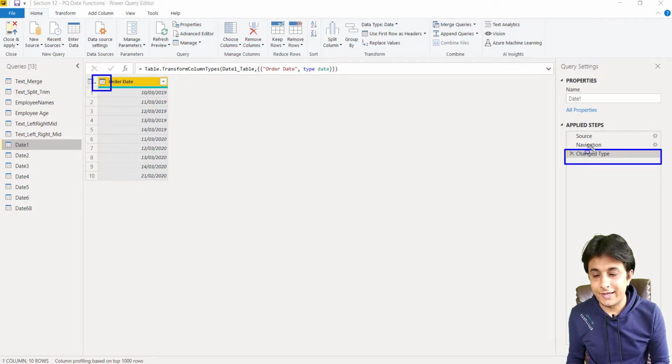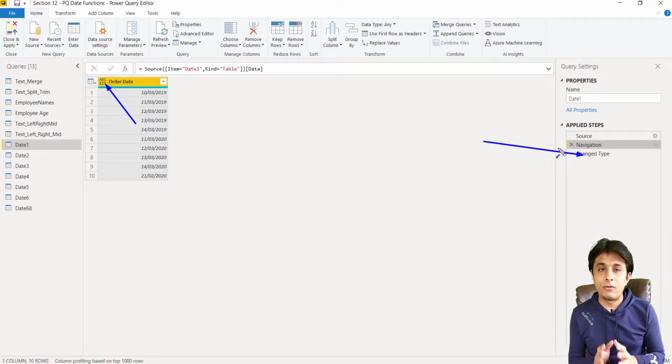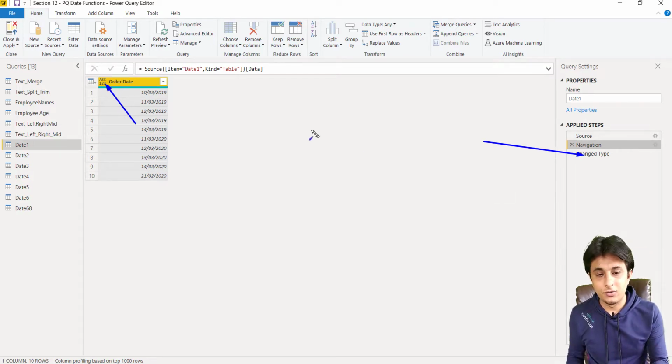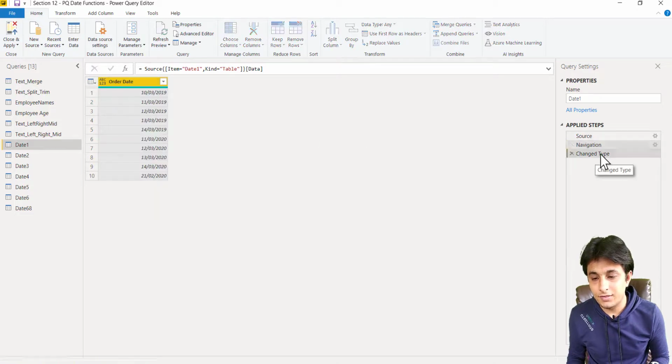So when I click on the second step, see what would be this icon. You can see the icon would be here as ABC123. That means no data type is there. So the third step automatically gave a date data type. So Power Query is a bit smarter. It can find out what the values in the column are and it will give the data type. It can be date, text, numbers, or any other data type. If you want to remember that, you can click on this button here and these are all the data types available. So the third step came by default.